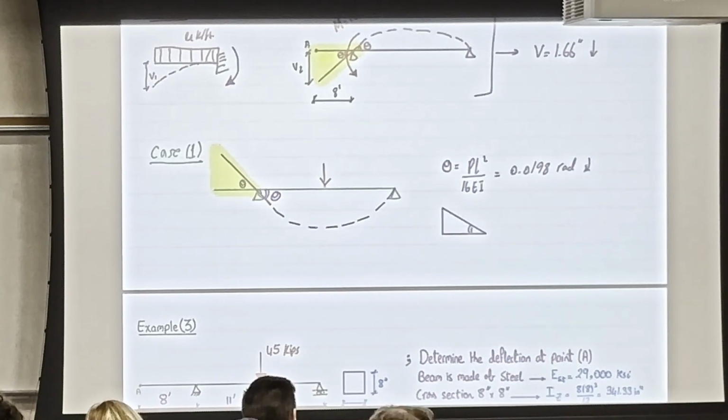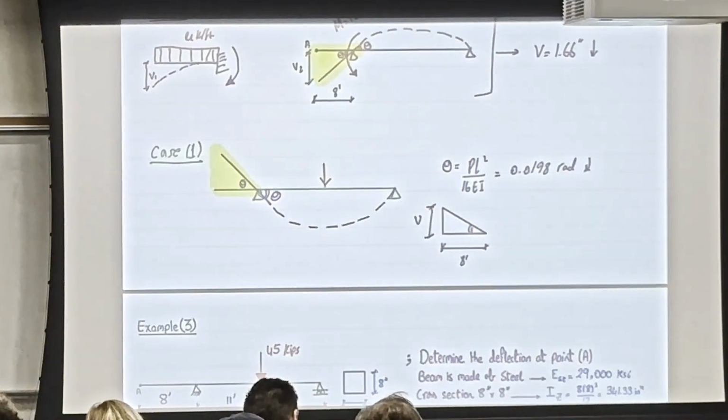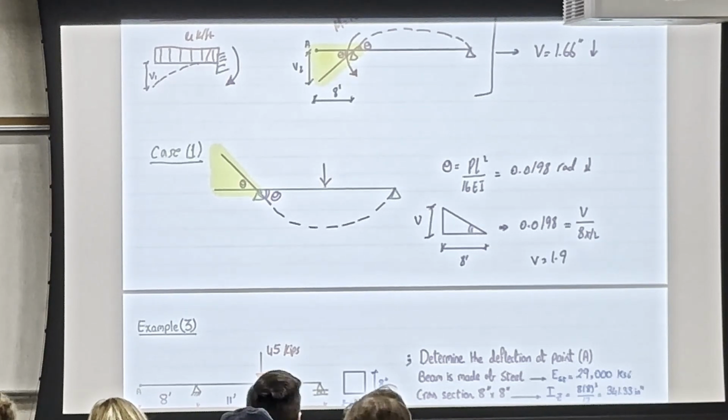You have the theta, you have the 8, and then you have the last V that you need to add to the total V. There is no need now to write the tan, because you all know now, I'm just going to take the angle, which is 0.0198 is equal to V over 8 times 12, and the deflection is going to be equal to 1.9 inches,